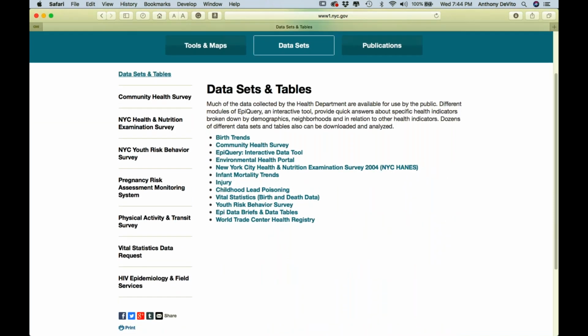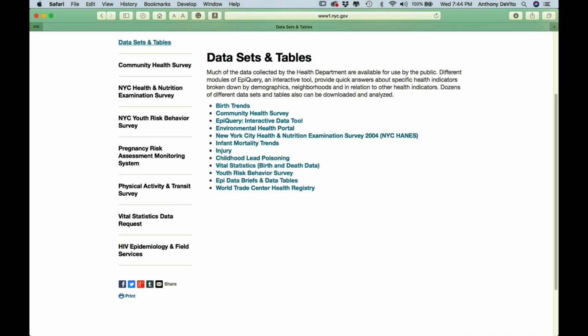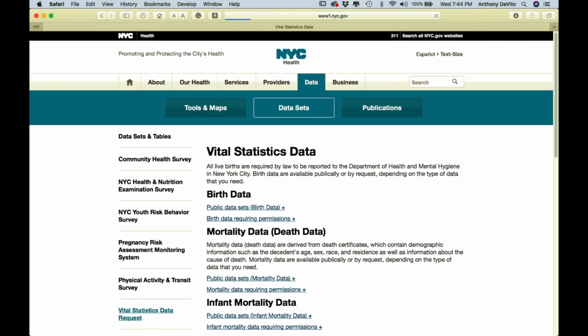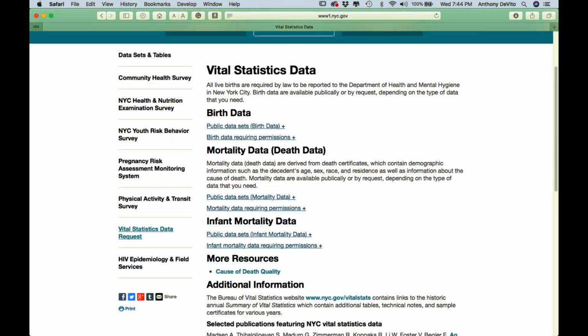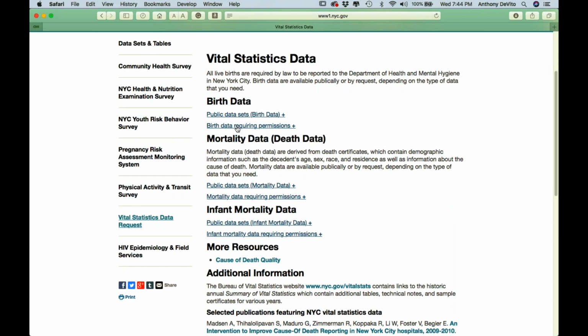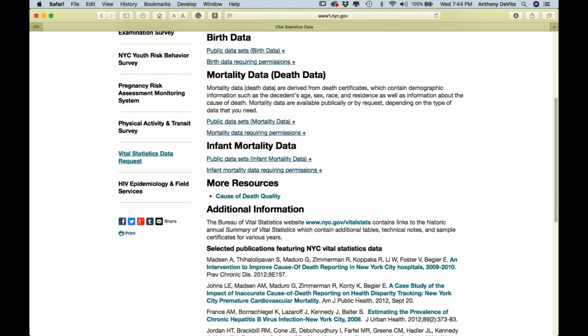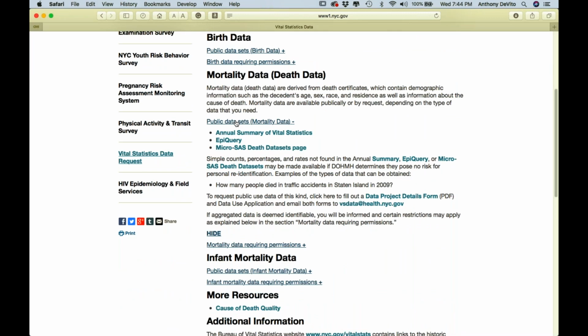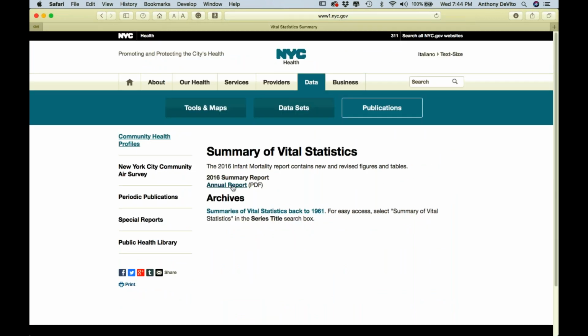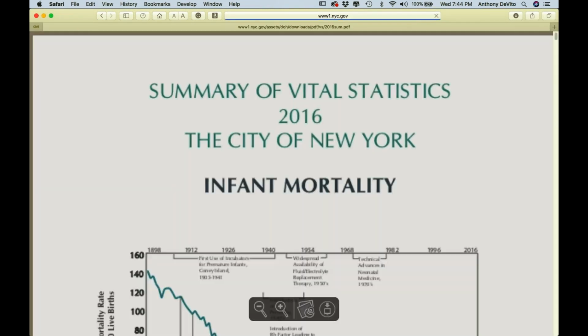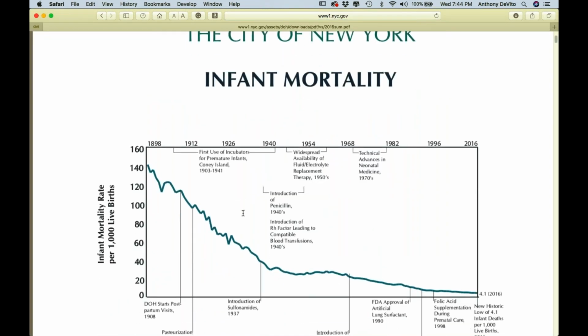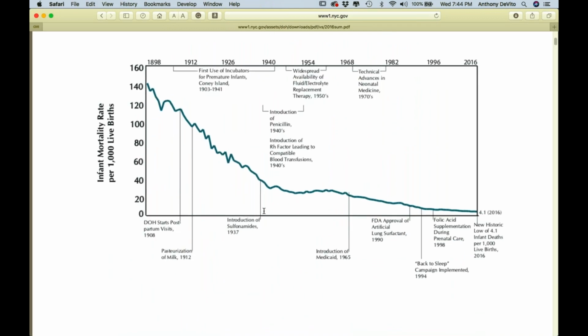Matter of fact, we can click on here and you can see, for instance, here's all the data that might be collected in New York City from all these various sources. Here's vital statistics, birth and death data for New York City. We're going to be looking at other information like this. Birth data, public health mortality data. You can open that up. Annual summary of vital statistics. And here's an interesting looking report here. The most recent one is 2016. You can look at others. The cover to this is always interesting.